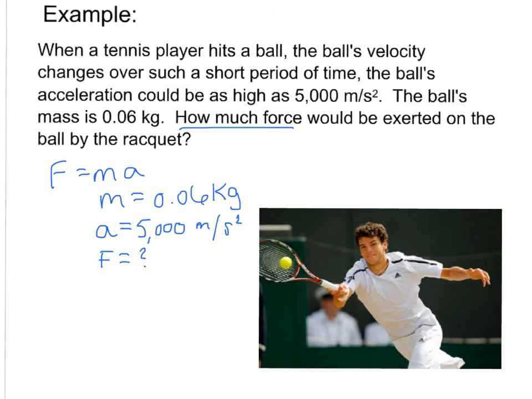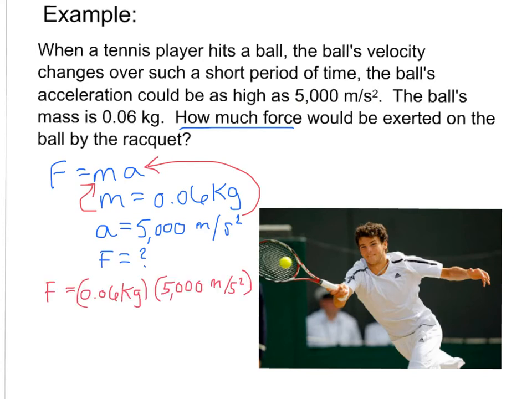This is a really easy problem. We can simply plug values in and chug the problem away on our calculator. A nice plug and chug problem. We can put mass in there. We can put our acceleration in there. When we do that, we have force equals 0.06 kilograms times 5,000 meters per second squared. And we can simply punch those values in on our calculator. 0.06 times 5,000 equals